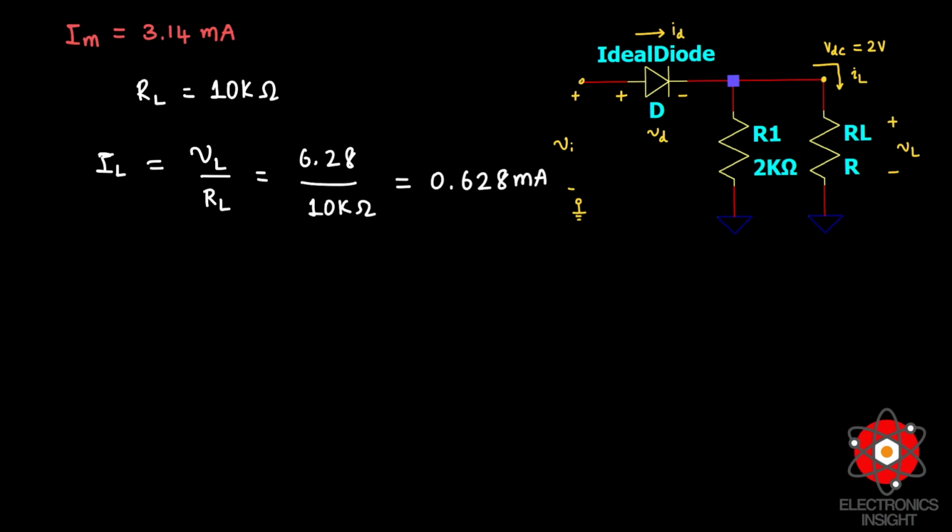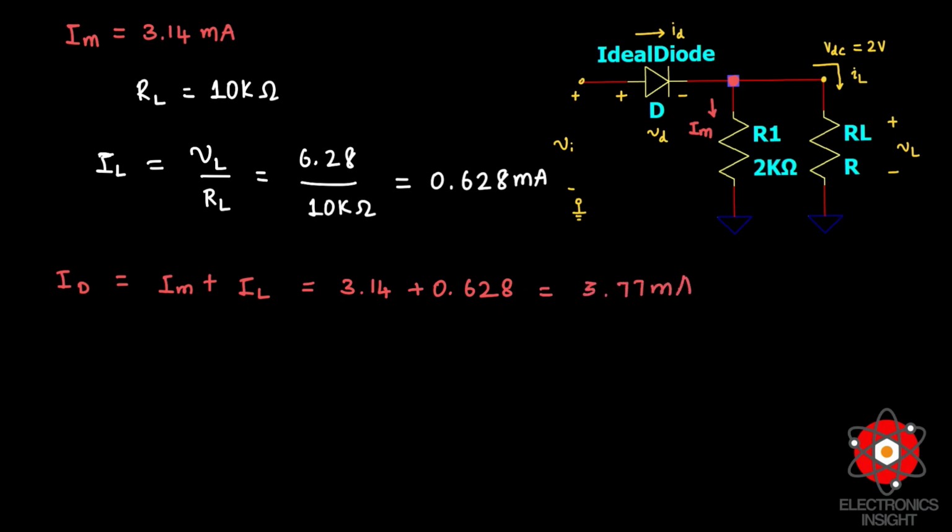And now the left out thing is we need to find out the diode current, which is equal to IM plus IL. Because IM we have calculated across this R1, so we will be having IM like this. The current across R1 is nothing but IM, and IL is the current through the load resistor. So when you consider this particular junction, it is the sum of currents entering the junction and sum of currents leaving the junction. So therefore you can write your ID as IM plus IL, and now we have the values for IM and IL, which is 3.14 plus 0.628 milliamps, which altogether gives us